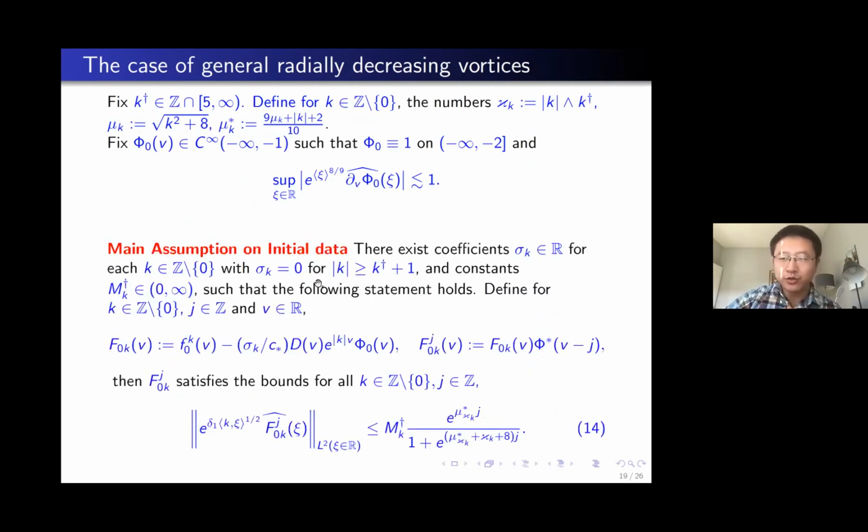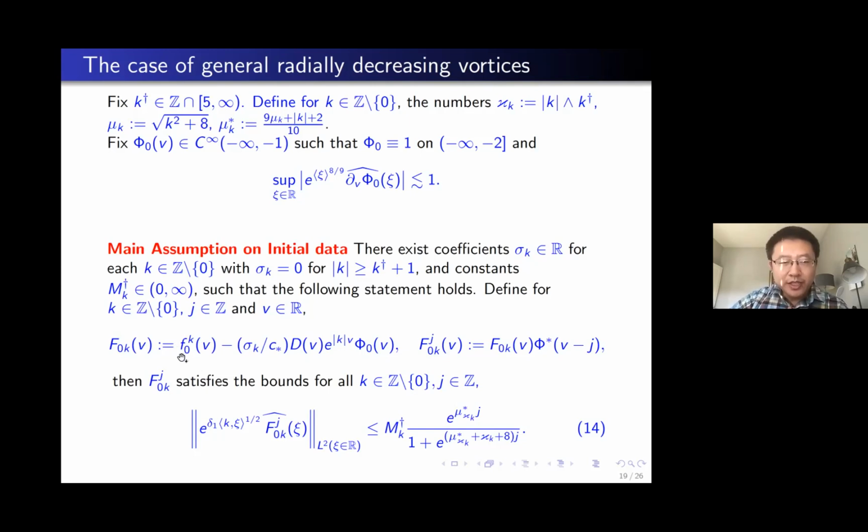So we make some assumptions on initial data. Again, I apologize, this is also a little technical. So basically, what do we assume? You see that the situation is a little complicated. We need to capture both Gevrey regularity of the function, but also physical space decay. So the coupling of the two makes both the assumptions and the conclusions a little complicated. But in the end, everything is actually quite optimal.